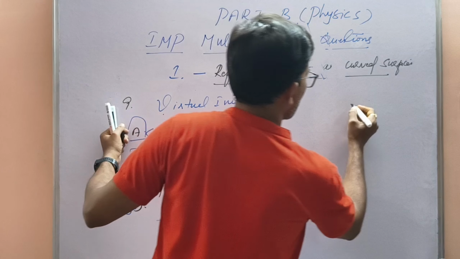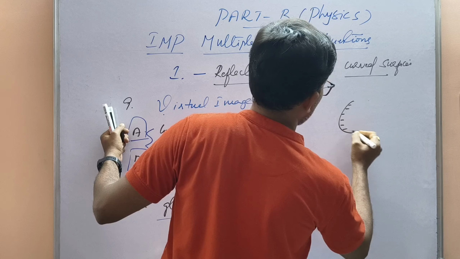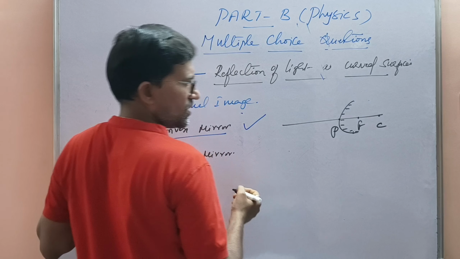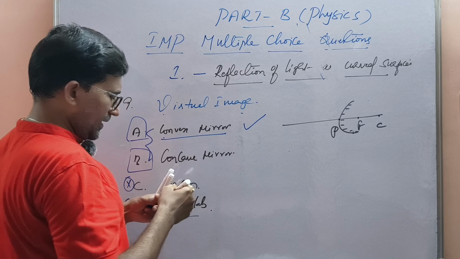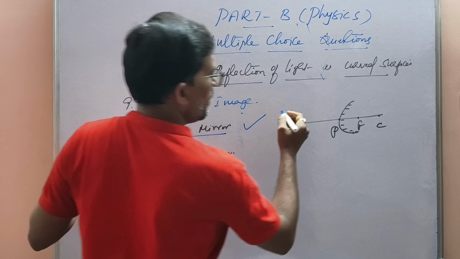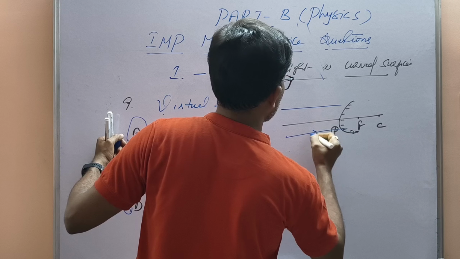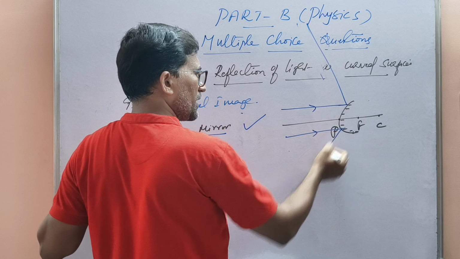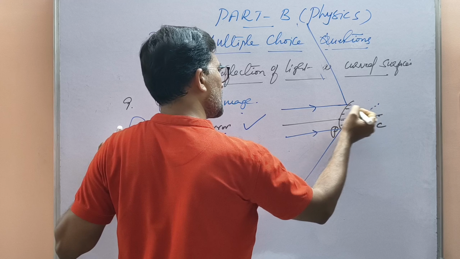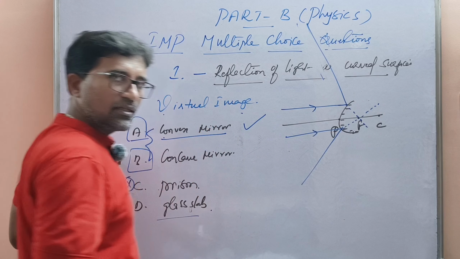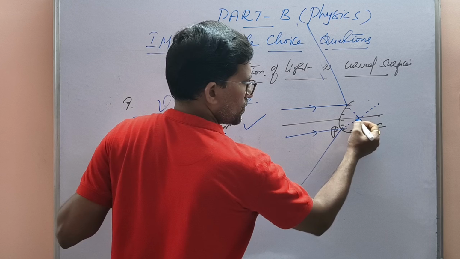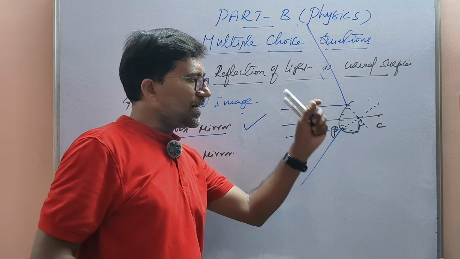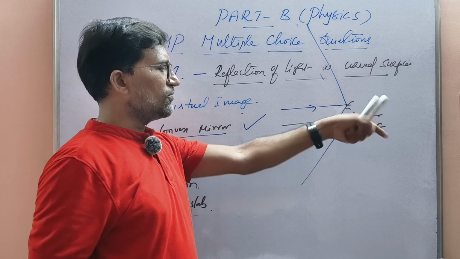Now the first diagram is the convex mirror. This is a convex mirror and here it is the pole, the focus, and this is the center of curvature. Object is at infinity, which means all the light rays coming from the object are parallel rays. They are parallel to the principal axis. Incident ray, incident ray. After incidence on the reflecting surface, they are going to diverge. If I extend these divergent rays backwards, they meet at the focus. Understood? So here the image is formed in the mirror. It is a virtual image, highly